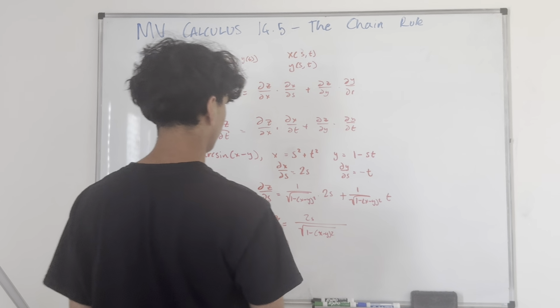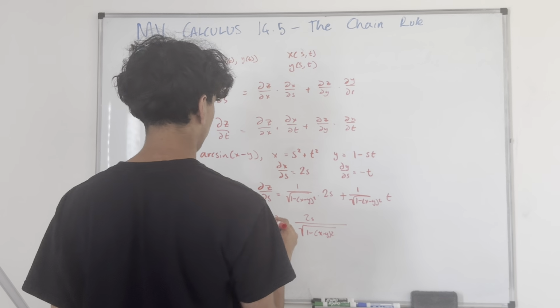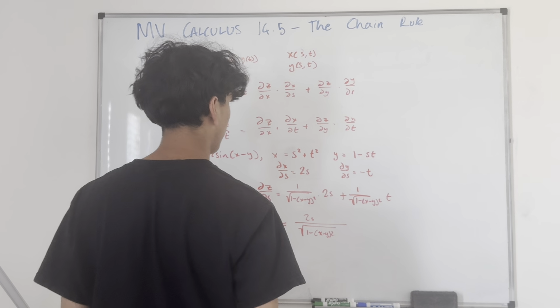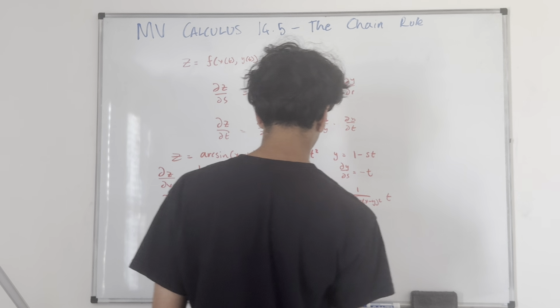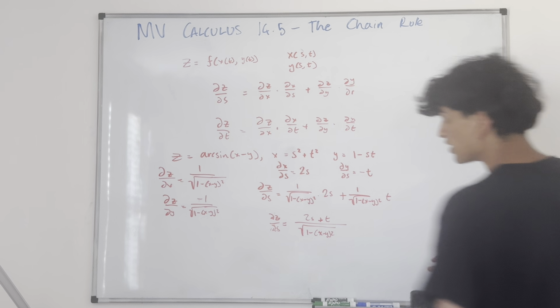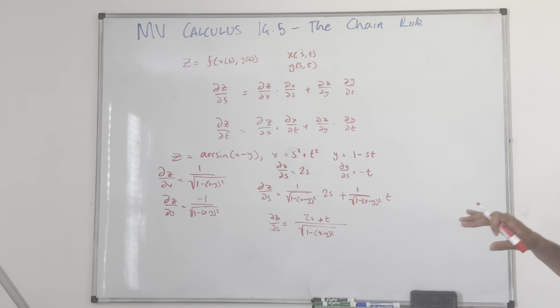Oh, I'm writing d's. I'm sorry. It's a habit that I need to break. Partial z partial s equals 2s plus t over the root. So there you go. That is